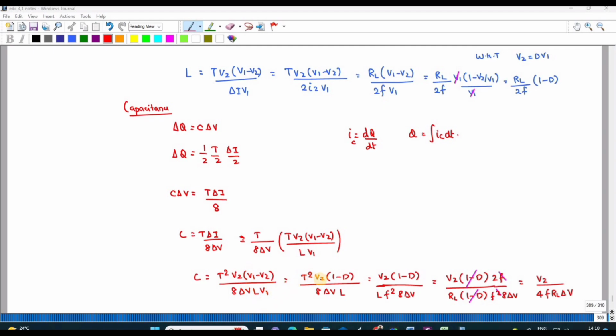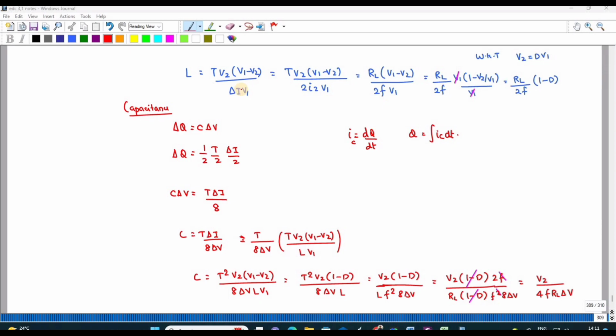You will get T square V2 (1 minus D) divided by 8 del V L. So 1 by T is F, so I substitute this as F square. Next, if you want to substitute the L value, L is RL divided by 2F into (1 minus D). So how it came means